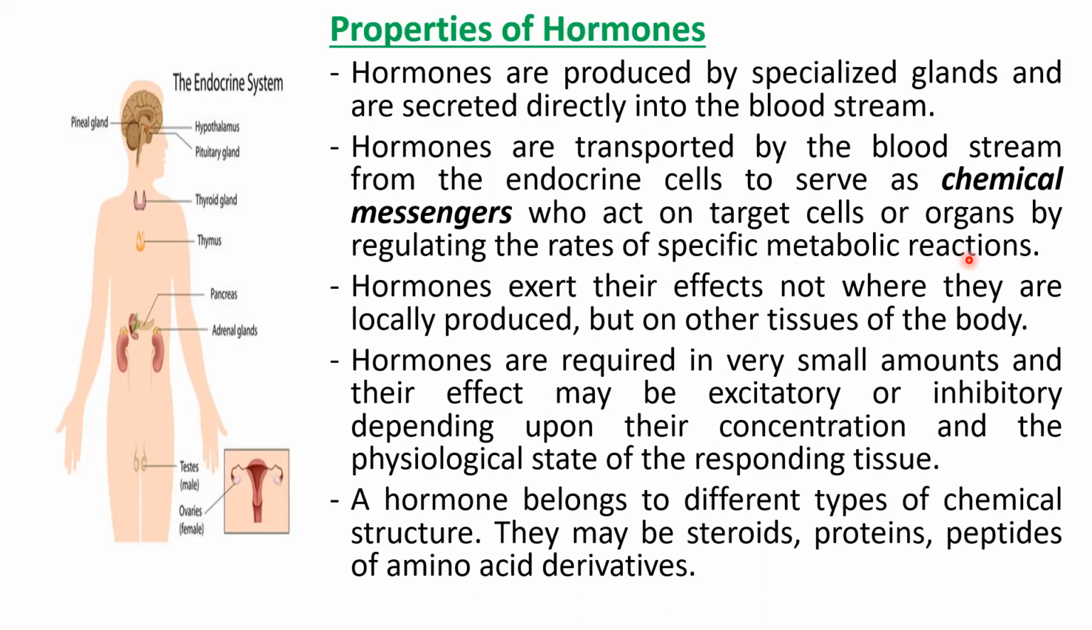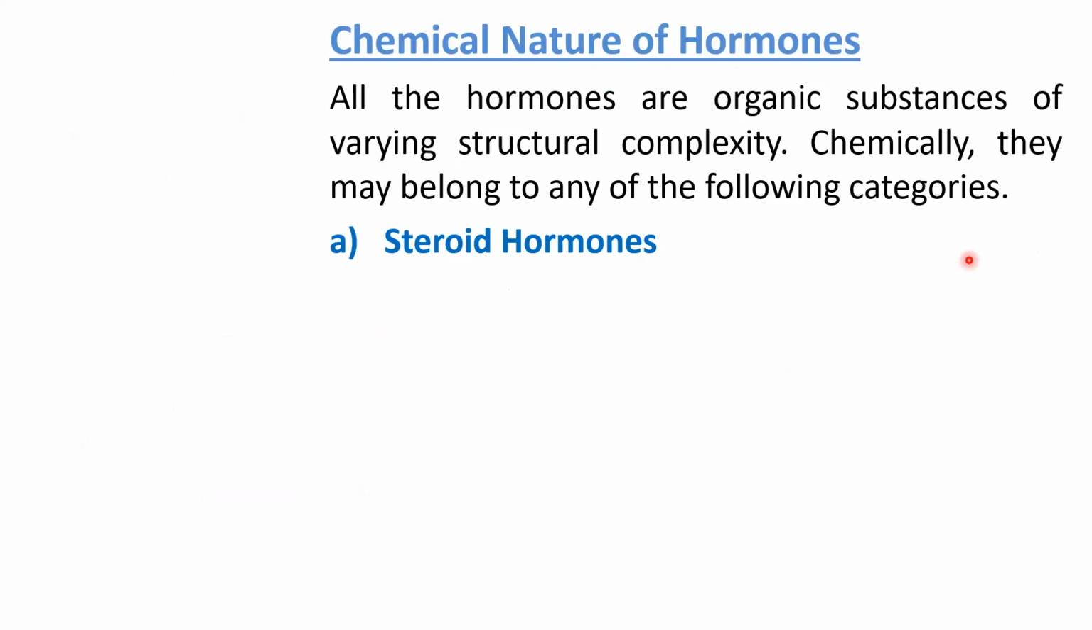So these chemical structures may be steroids, proteins, peptides, or amino acid derivatives. Then the chemical nature of hormones: all the hormones are organic substances of varying structural complexity. Whatever hormones are secreted by the different endocrine glands, as I told you, they are organic substances, and they are of varying structural